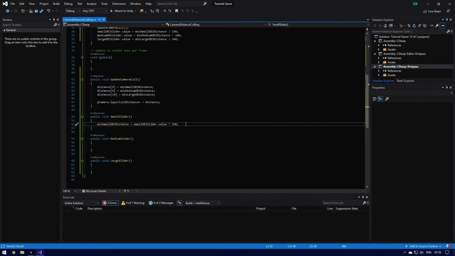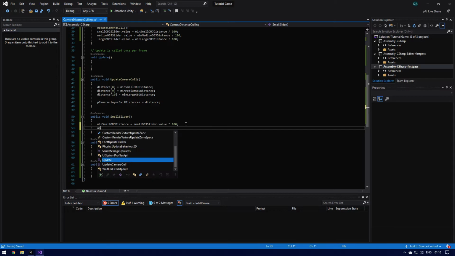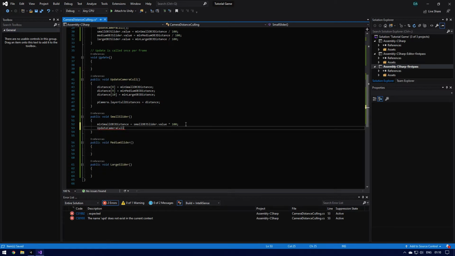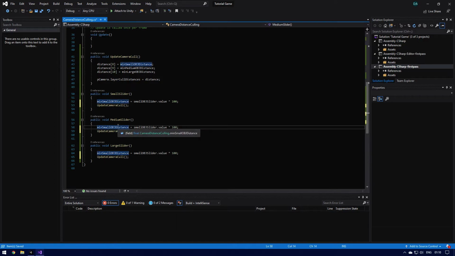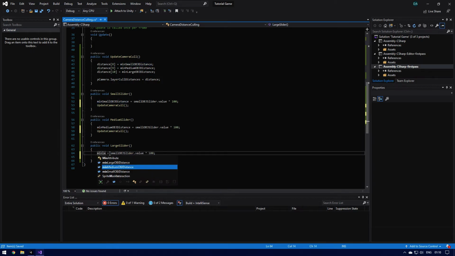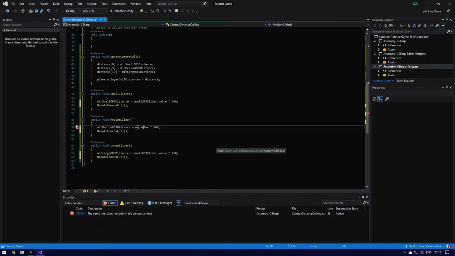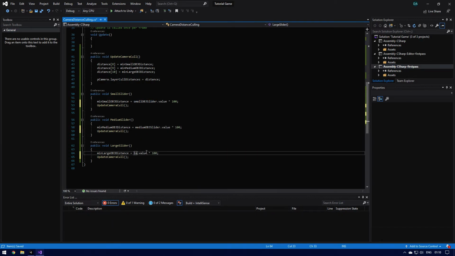And then what we do is we just call update camera call. And it's as simple as that. Now we just copy that and put it in here. And this should technically work easy. Min medium, and that's going to be min large. That's going to be medium object slider, and that's going to be large object slider. Now if I save that off,